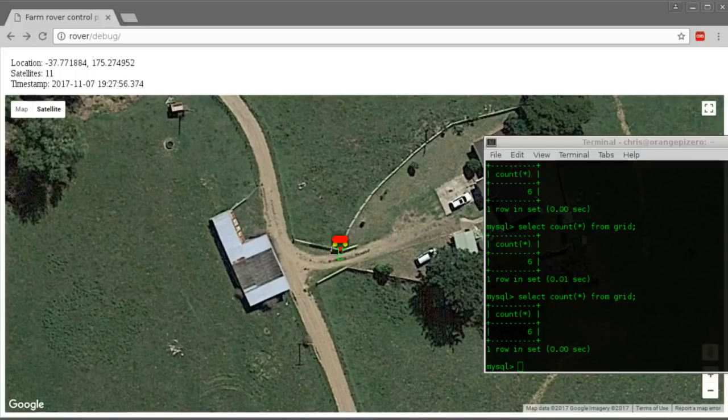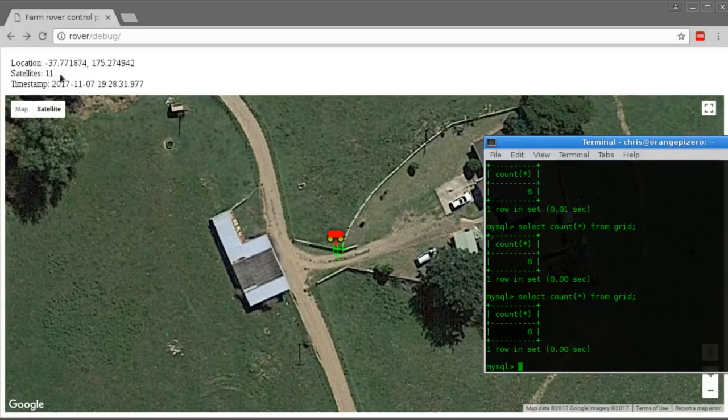So I separated the GPS module from the Wi-Fi antenna, probably about 40 centimeters or so. And now, look what we've got this time. I have been running it for about 10 minutes here, and if we look at the database, it's only generated 6 grid cells, and each grid cell being a meter means it has moved less than, well, you can see 1, 2, 3, 4, 5. I can't quite see where the 6th grid cell is, but it's been within 2 meters of that same point for 10 minutes,